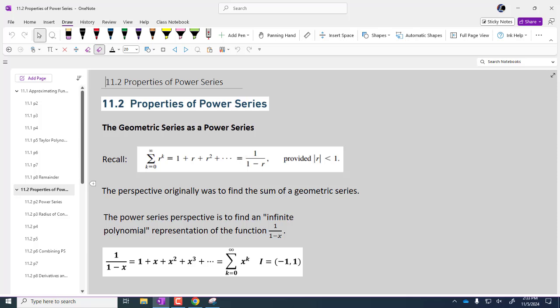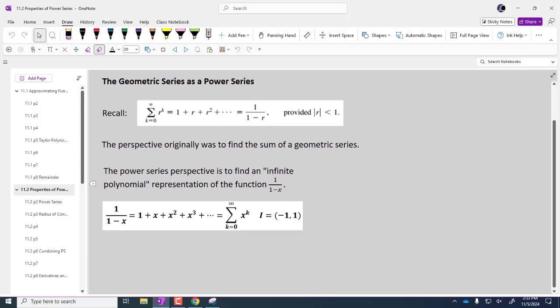Multiplying them, nightmare. Infinite FOIL? Because you have an infinite FOIL. Yeah. Okay, so here